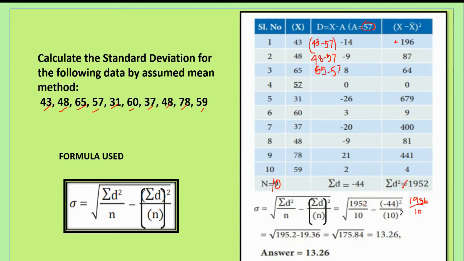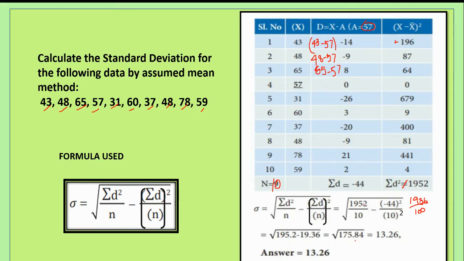10 square is 100. So in 100 you have 2 zeros. So from the left, leave 2 places. So it is 19.36. So now you have the square root of 195.2 minus 19.36, which gives you 175.84. So root of